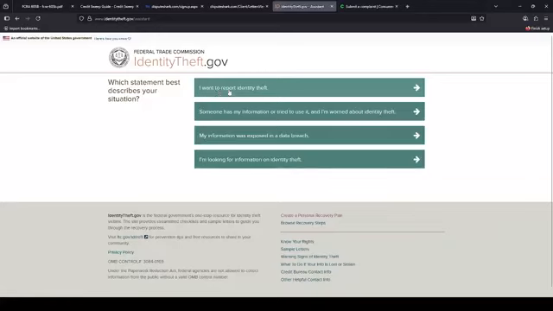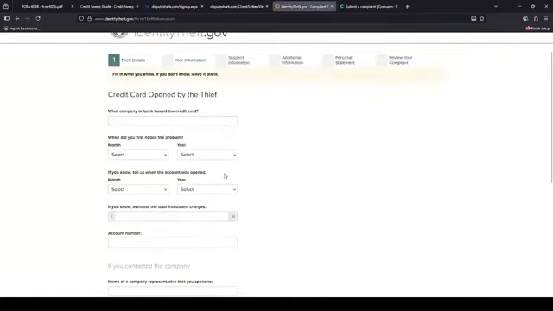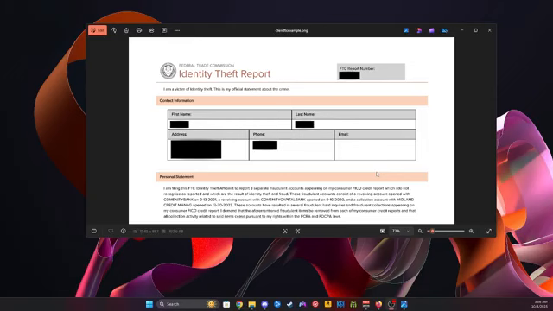I want to report identity theft, and on this page here you want to choose debit, checking, or savings account. All right, now here is where you're basically going to put the checking account information. I'm going to use the same example that I used in my last credit sweep tutorial, but pretty much the same thing